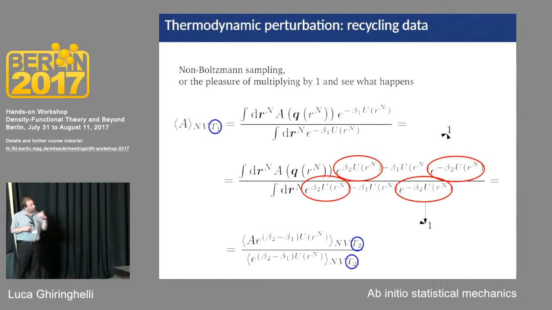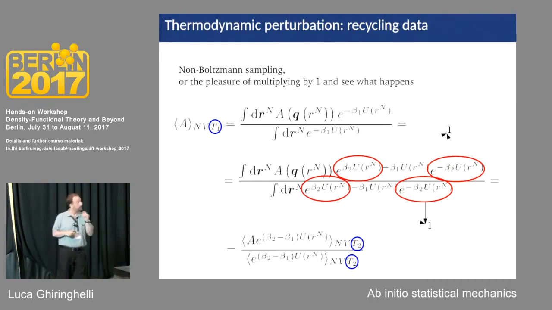Now, one can push further this multiplication by 1 and discover that one can sample something in one state and obtain information about another state. And it goes like this. If you have an expectation value in a certain NVT1, and you write it like this, multiplied by some e^(beta 2), so another temperature, beta is always 1 over kT,